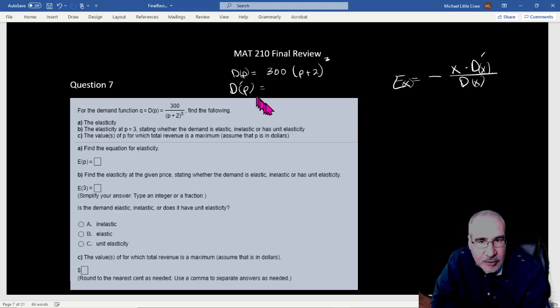the derivative of the demand function, remember, this tells us how many we will sell at a given price. So the 3 comes down, so I get 3 times 300 is 900 times (p plus 2). I'm taking the outside derivative first, chain rule. 3 minus 1 is 2, so it's now squared. The derivative of the inside is just going to be 1, right? Derivative of p, just 1. So we could put here, okay, times 1. That disappears. We don't need to write that,